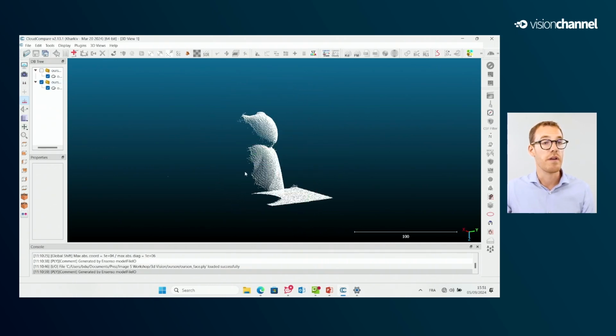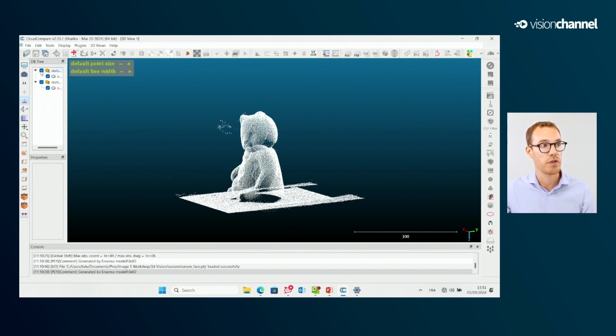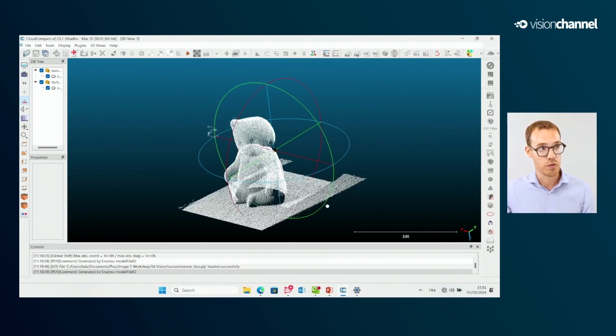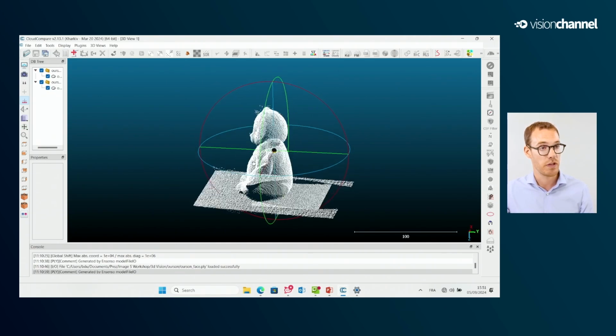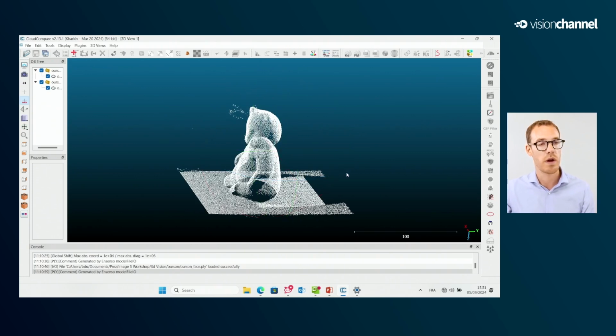Just going through a very simple process of calibration, I can merge directly these two point clouds together and produce the fully featured 360 degrees point cloud. It only requires a calibration step that I will explain in my next slides.